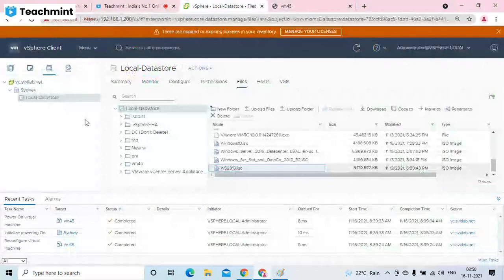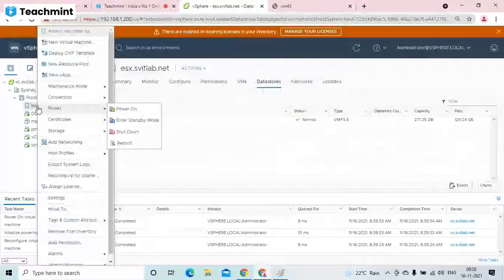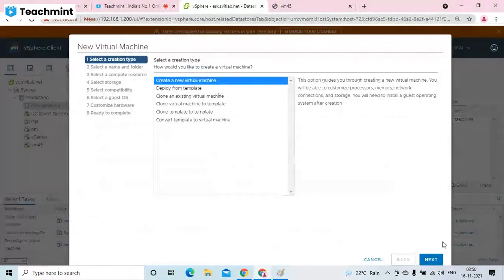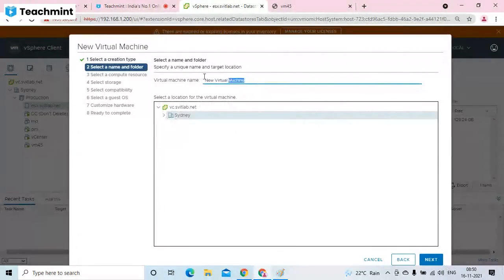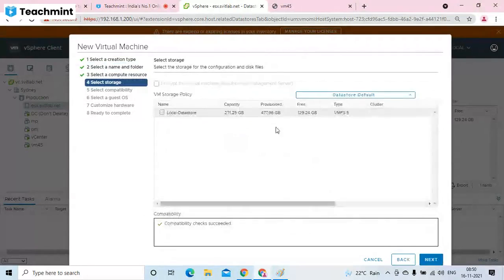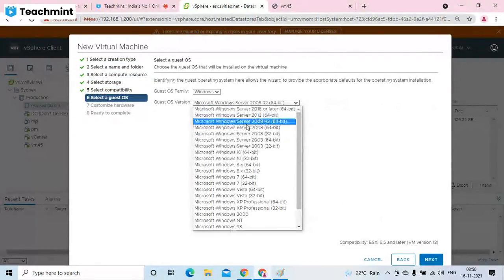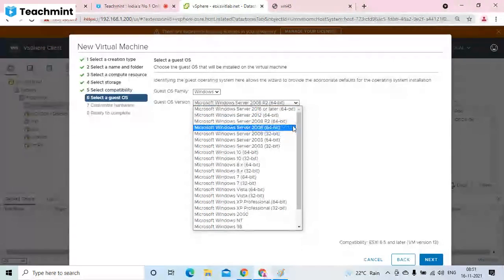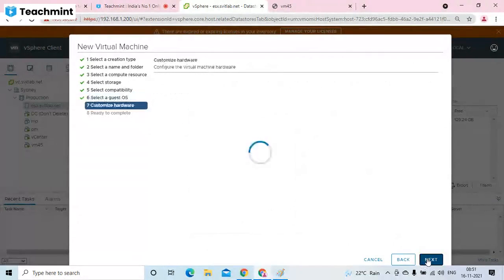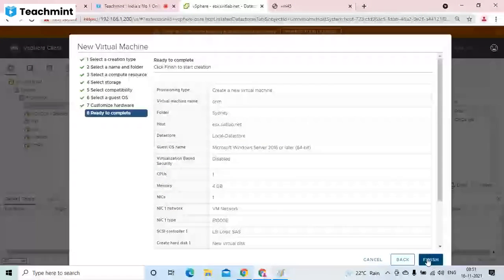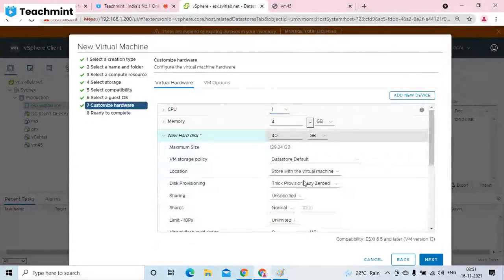Okay. OS selection, right click, new virtual machine. Here you give the name, random. If you want to give any meaningful name, you can. Next, hard disk location, compatibility. Let it be same. Here you need to select what OS you want to install. All the operating systems are available, but out of which we should have our ISO images also. We have ISO for 2012 and 16 and 19. So select whichever you want. Next, make sure it is thin provision.